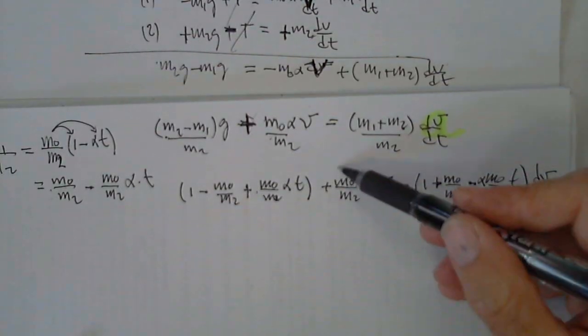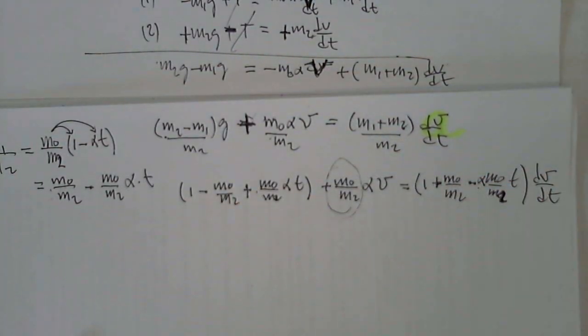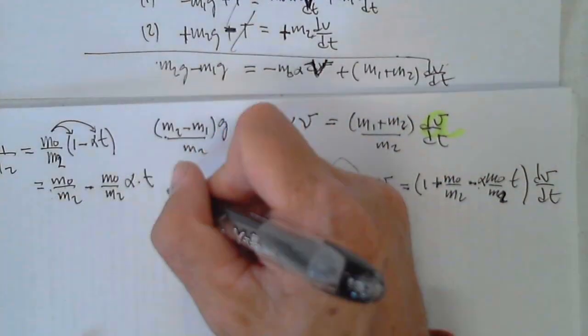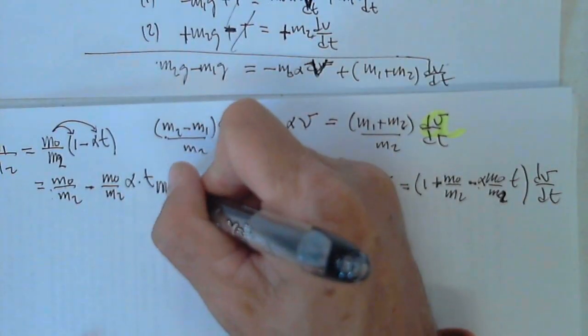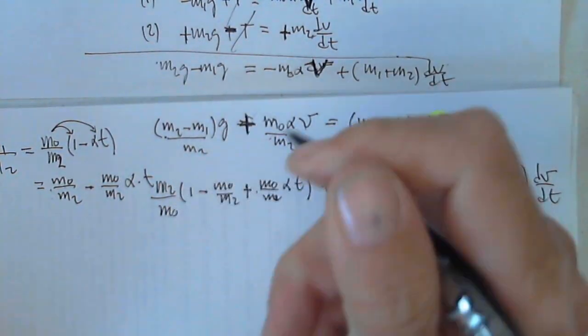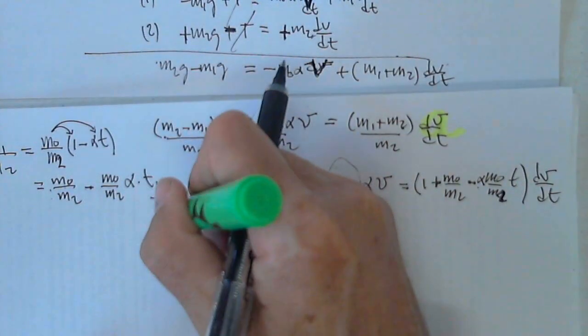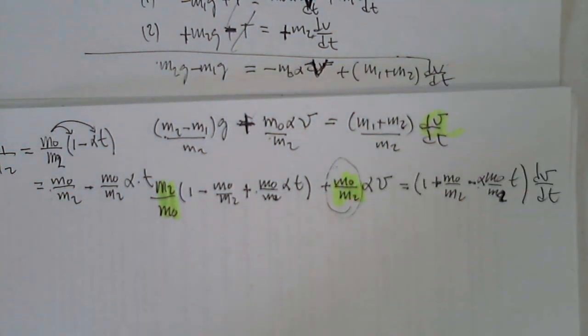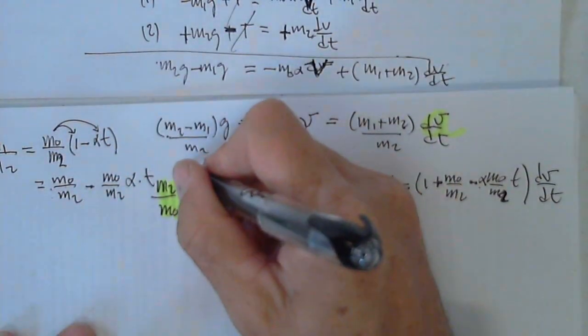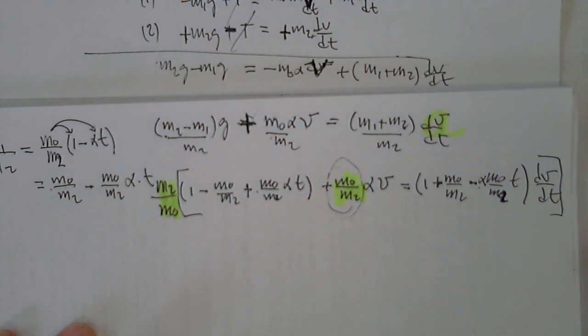I don't like this term over here, so I'm going to multiply the whole equation by M2 over M0. So this cancels out, but it's the whole equation times that,